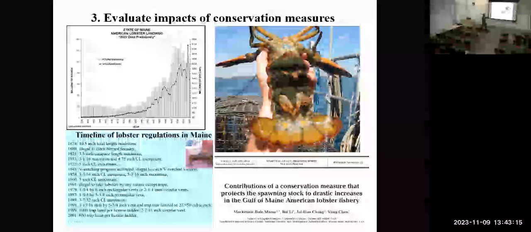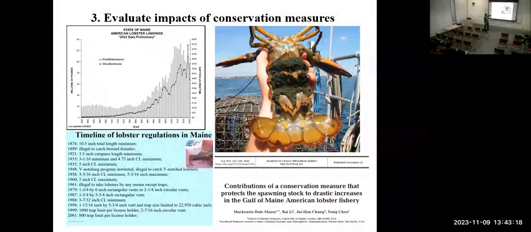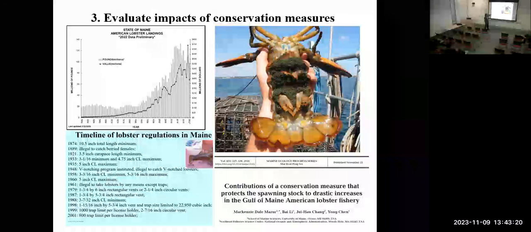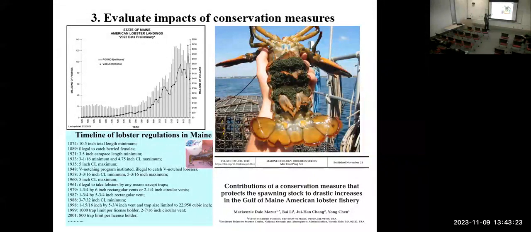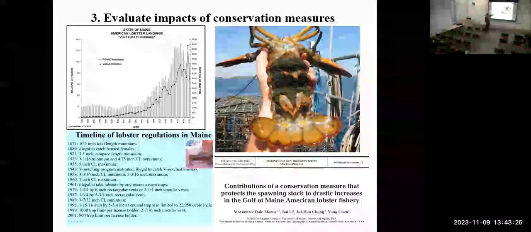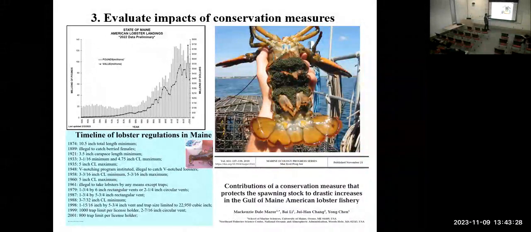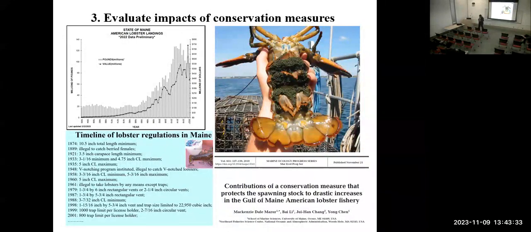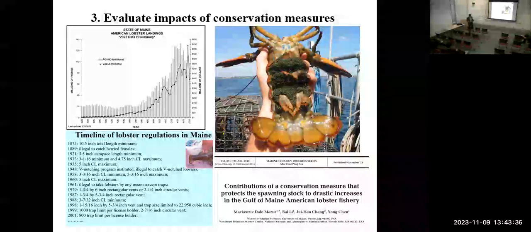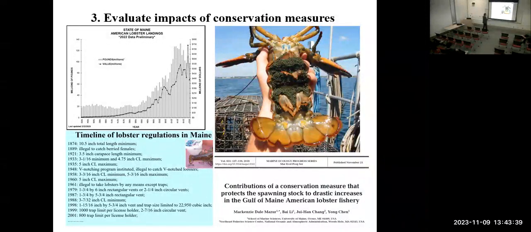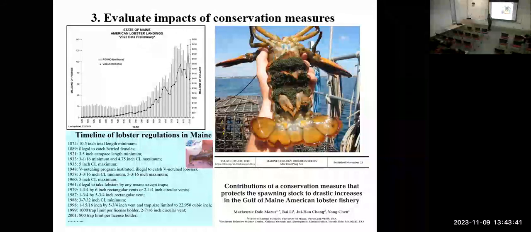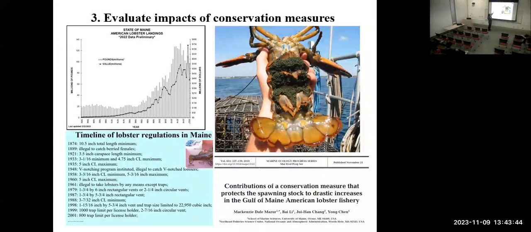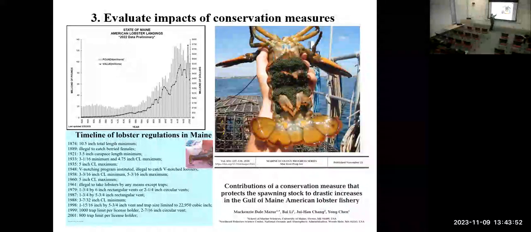And you look at this, the timeline of how lobster regulation changed, and you see that even in 1889, it was illegal to catch a berried female. And that program actually started, I think in 1948, so that was an industry-started program. It was not even a government-started program. And I think we believe that this program contributed to the dramatic increase, as one of the important factors in that dramatic increase in lobster landings here.